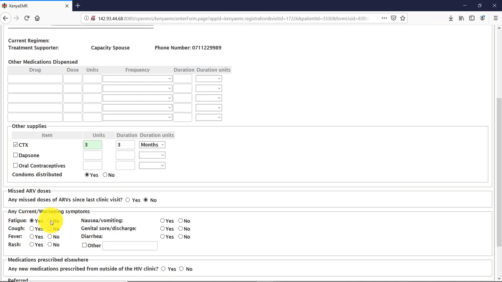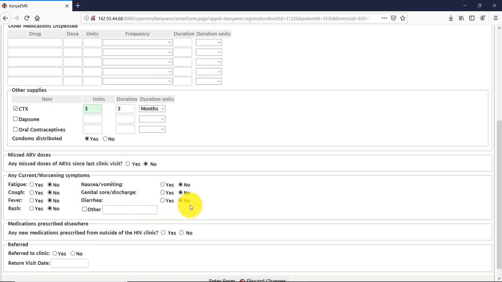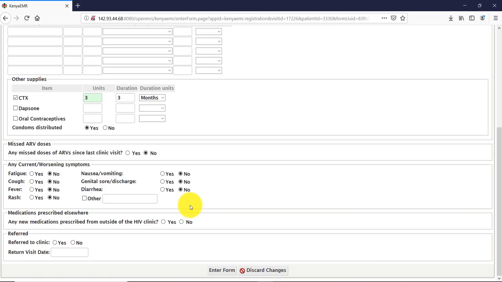If no, select the radio button no for all the listed symptoms. Keep in mind you also have additional symptoms on the right of the panel. If there is any other symptom other than the ones listed on the panel, check the checkbox written other and type the symptom in the adjacent text field. We will uncheck it because the patient did not report any other.